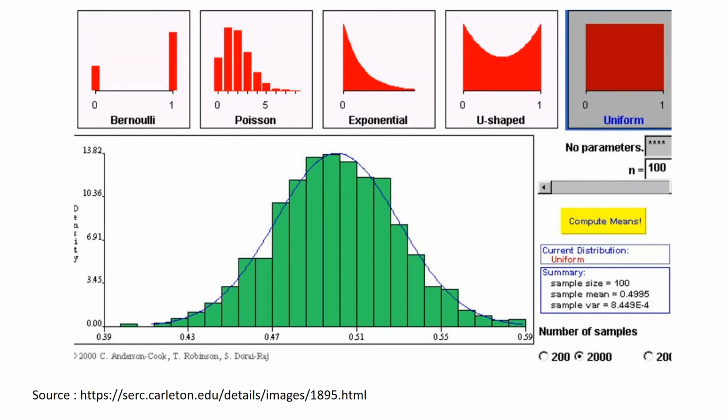Okay, so I have got this from the source that I have mentioned below. Okay, I was actually going through some articles to teach the CLT. Okay, CLT is basically central limit theorem. So the distributions that you can see over here in the above are basically Bernoulli, Poisson, exponential, U-shaped, and uniform. Okay, so uniform distribution is completely in one single plane. Okay, there are no fluctuations in it.